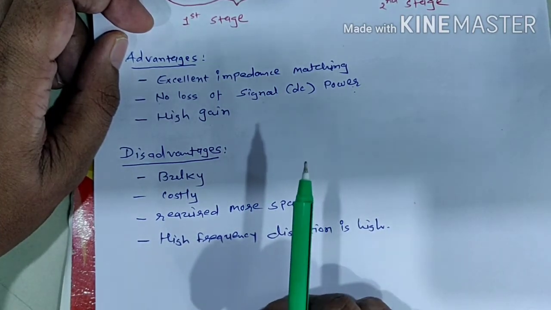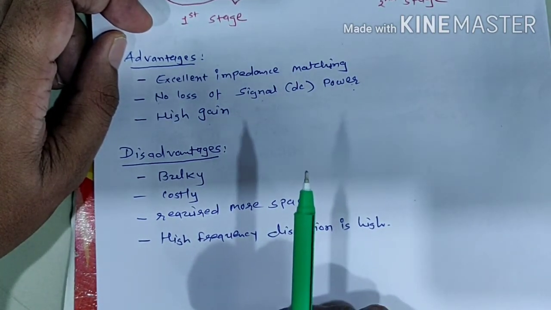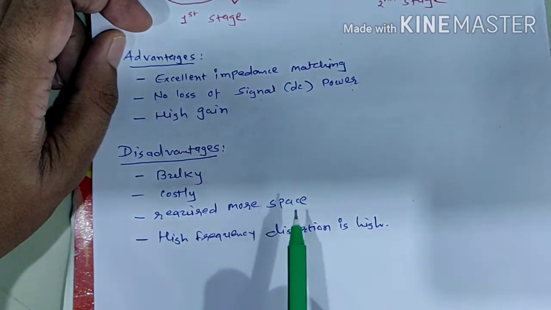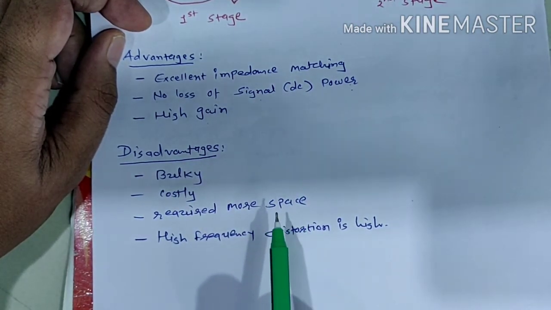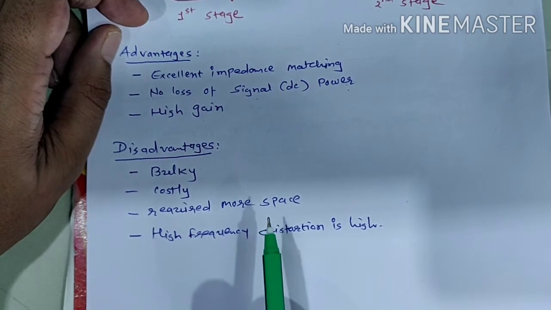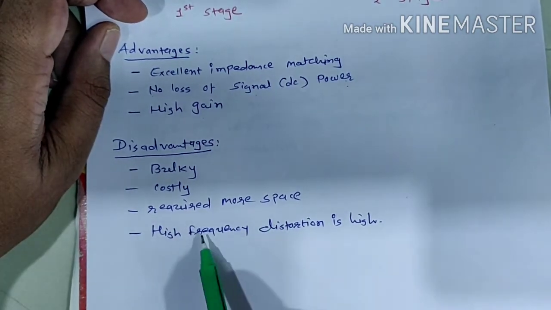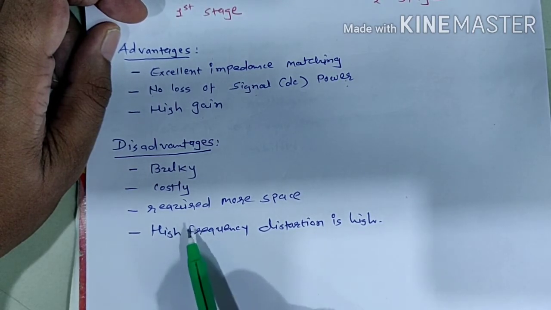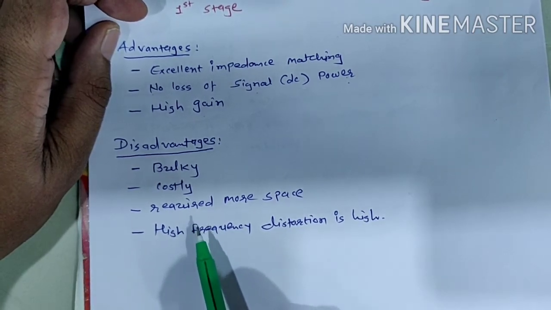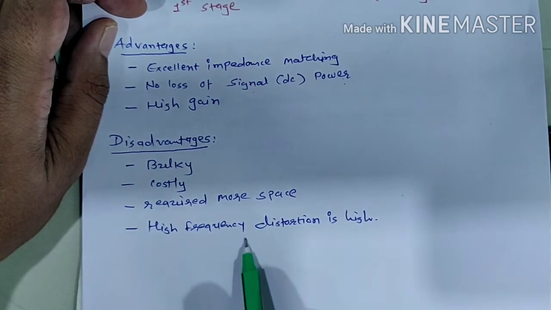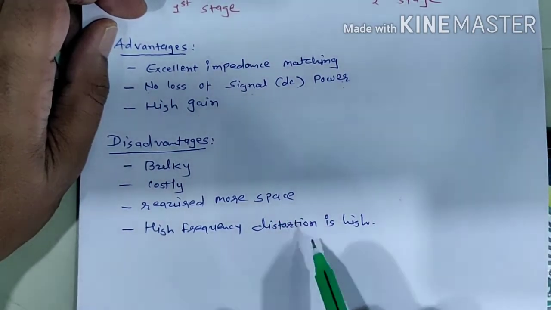The cost of a transformer is very high, so it is costly and requires more space to accommodate in the circuit, so its size is very big, and the total area of the circuit will become larger. Okay, so next, high frequency distortion in